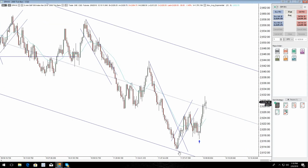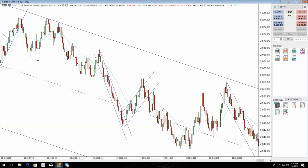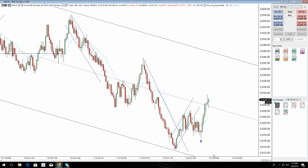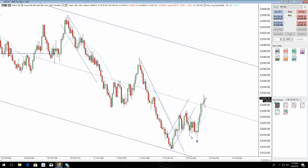Basically to the tick, it may be a tick or two off. Once I have those 2 legs down after a 2-legged correction, I don't even remember which leg I measured, but give me a second, let me figure out exactly what I did earlier. I think that's what I did. After you have 2 legs down like that, we had an overshoot, we made it down to the lower end. We didn't touch it to the exact tick, but if it's off by a tick or two, it doesn't really